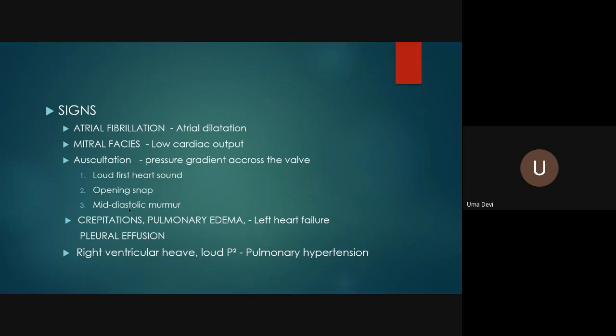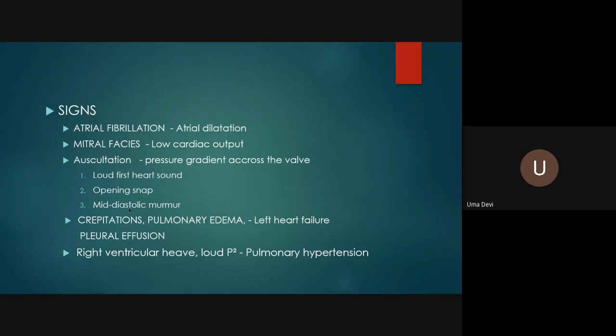Can somebody explain what is that mitral phases? Anybody know? Pink purplish phase due to decreased cardiac output. Yeah, because there is a low cardiac output, they'll have almost like a cyanotic hue. It's not exactly cyanosis, but there'll be a cyanotic hue. This is because of low cardiac output.